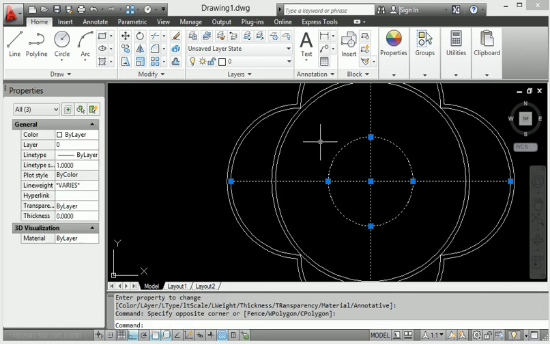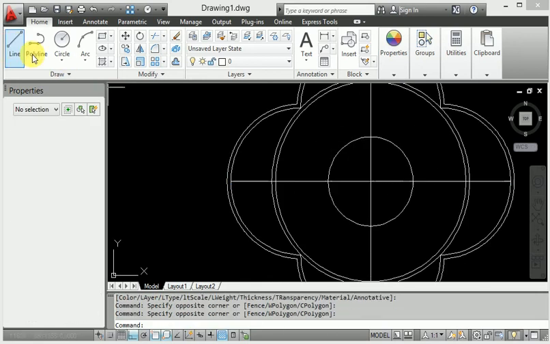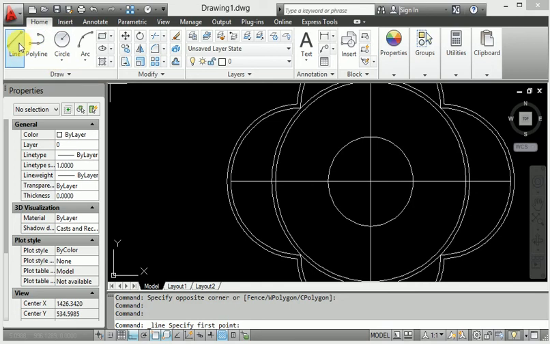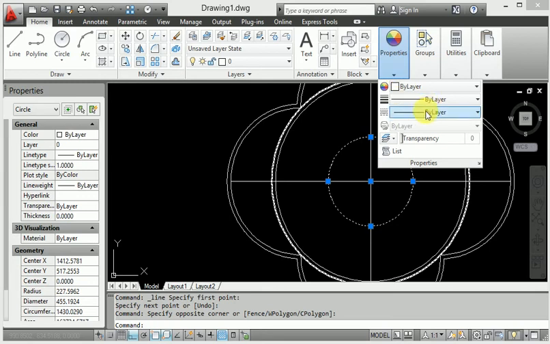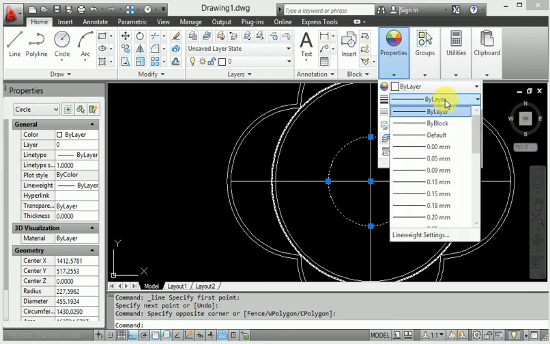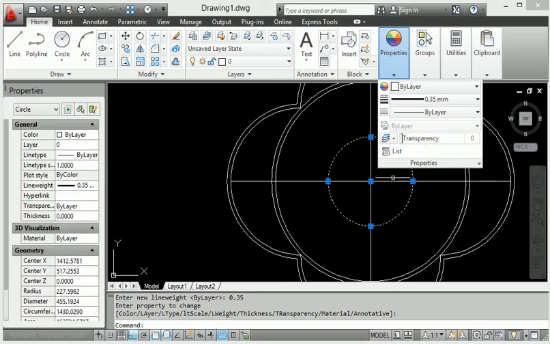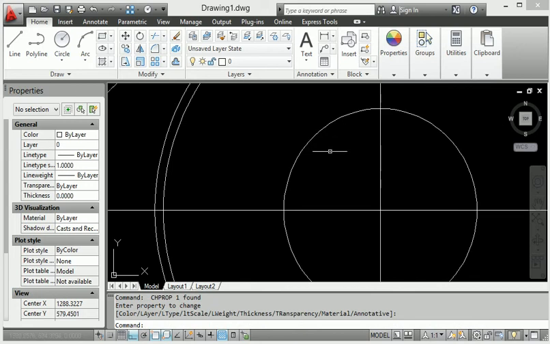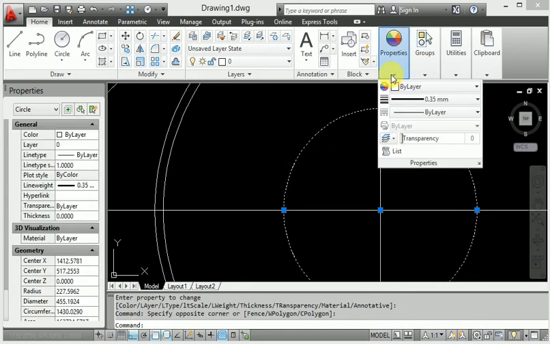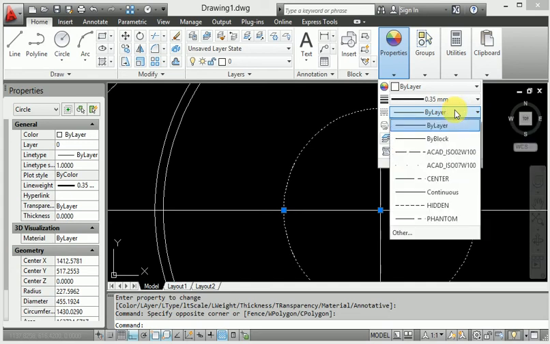When I want the dark thickness, I select this circle and go to weight here. This is weight right now, and I want 0.35, and this layer is 0.35 and shown here.